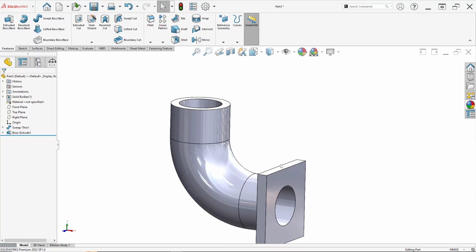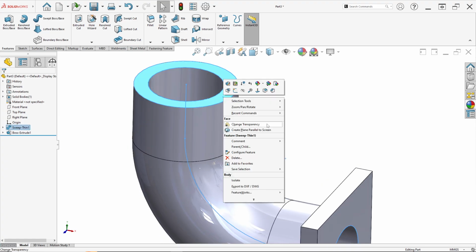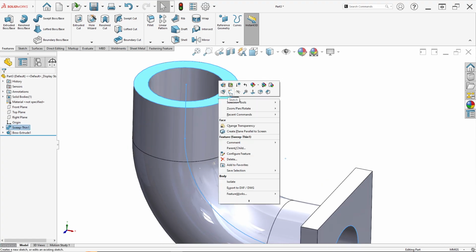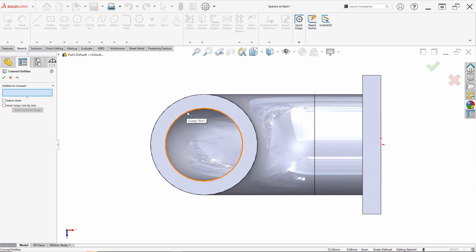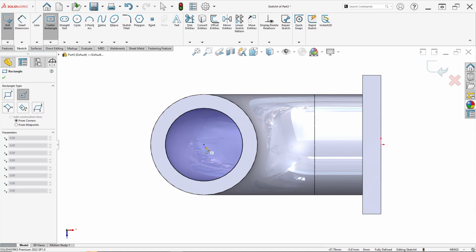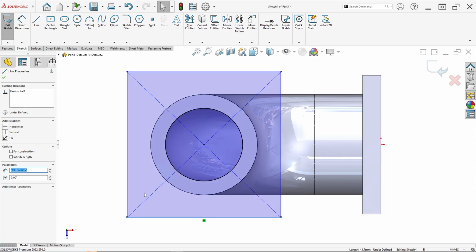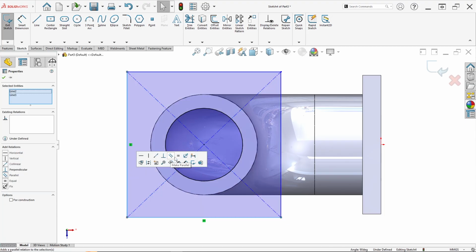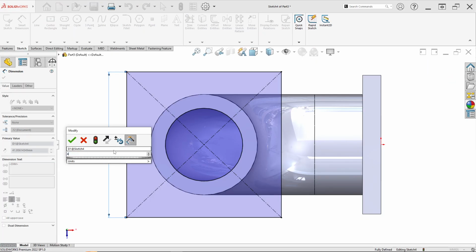This is like this, and here we can make the other side like this. Right click on this face and click sketch, select convert entities, click this edge and click OK, and click center rectangle, and draw from the center. This line and this line, click make equal, and set the dimension to 40 millimeter.